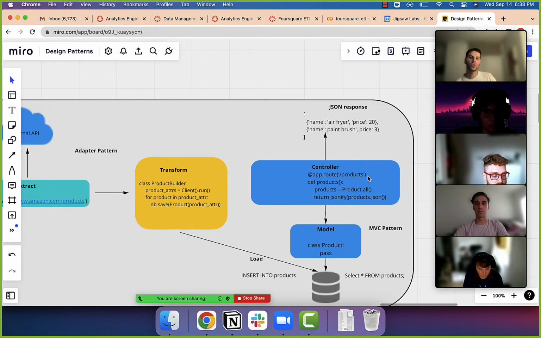Well, you don't need to have a controller. So each method here, like def products, I call a controller action. Maybe the controller is that whole file that has the create app in it, but each route and the corresponding method is a controller action. So to answer your question, you don't need a controller action or a route for every single table. For example, we often don't have one for our join tables. If you think about a movie has many directors, there's that table called movie directors. We don't